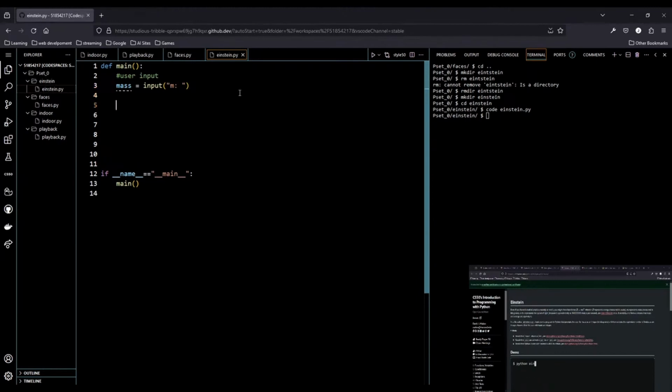Okay, and then what are we doing? So we need to print out